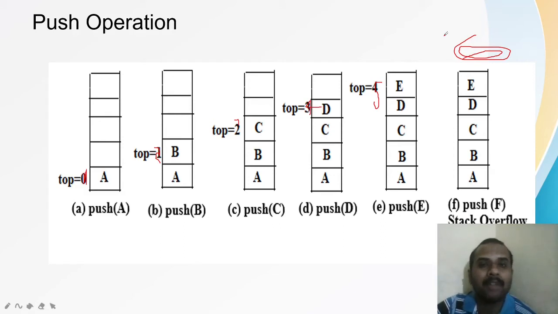So what will happen when top becomes more than max stack? That condition is called overflow. Whatever you try to push or insert will not be inserted into the stack and it will be flowing outside. So it is called stack overflow. Simple concept, similar to water overflow, right? After the bucket or any utensil is full with water, if you try to pour more water, whatever you're trying to pour will flow outside. Same concept.